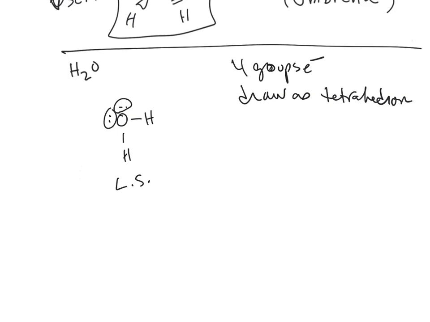And then in this case, I like to put the 2 lone pairs in the plane. It's just easier for me. This OH bond is coming up towards me, and this OH bond is going away from me. And again, if I had models, you could see that